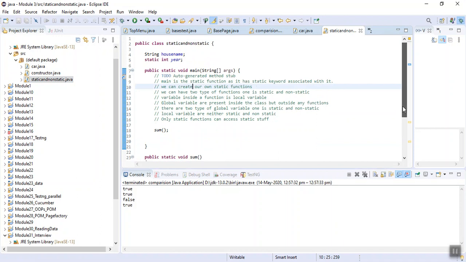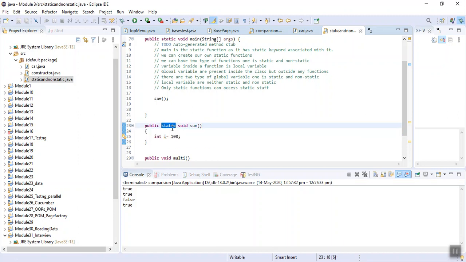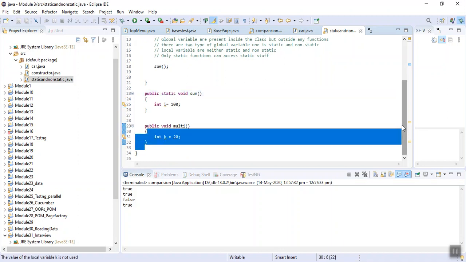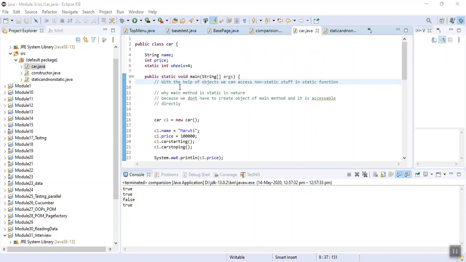Here I have created a function with the name static sum, so now all the objects can use this function. If I declare any variable as static, all the objects can use that variable also. For example, I have this class Car, with name, price and wheels.